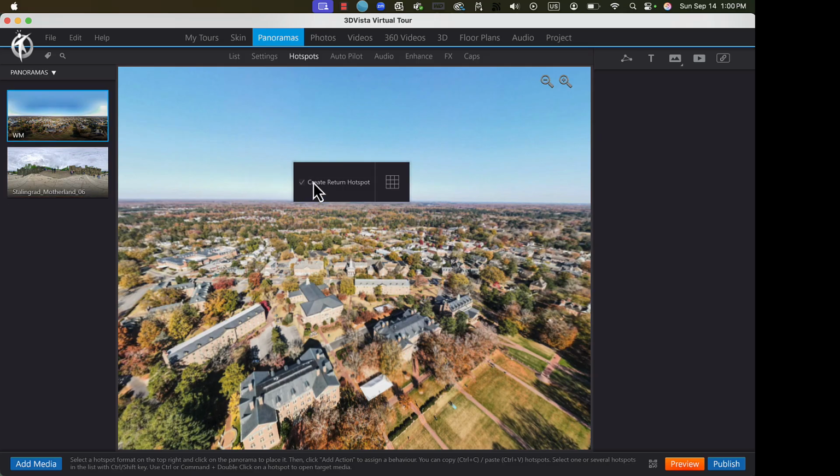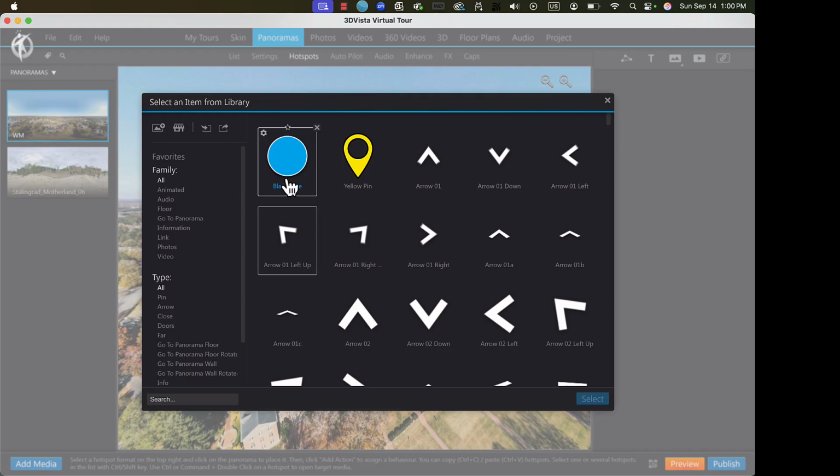You'll see create return hotspot. That's what I want. Usually I want to go back to the hotspot that I came from. And now I can add an icon from the library to be the icon for that hotspot. I'll click on the little checkerboard. And now I can either choose a hotspot that I would like, or I can choose an image that is